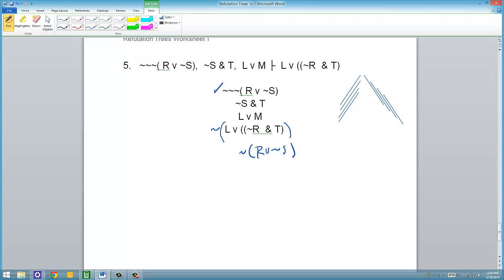Okay. Now that is a non-branching formula, right? So that goes to, and you don't have to do it in this manner because there are others that are non-branching too, but not R and not S, right? So not R and not S. Dispatch, no contradictions yet. S, right? Dispatch. Follow me? Because that's a double negation rule. Still no contradiction. But look, not S and T. Not S, T. Now, I dispatch that,